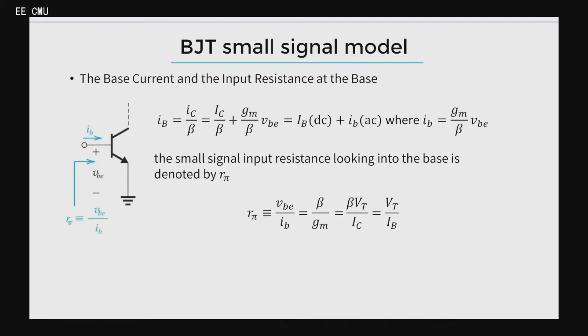You might be a bit confused here. This is a circuit method. Suppose we have an input voltage, right? And there's a current flowing through it. We treat this device as a black box. We don't know what it is, whatever it may be. If we want to know the resistance value of these things, we can input a voltage, find the current flowing in, right? Divide them, and that will be the input impedance of this black box. It could be any device, we don't know. This is also one way to find the model, right? You will need to memorize what the equation for this RPI is for these parts.